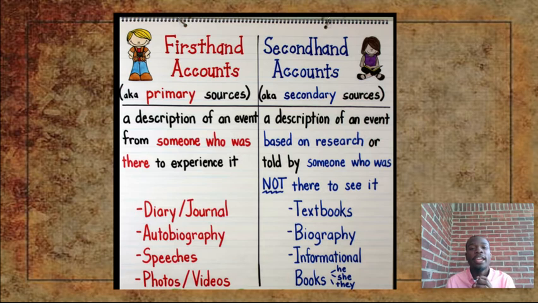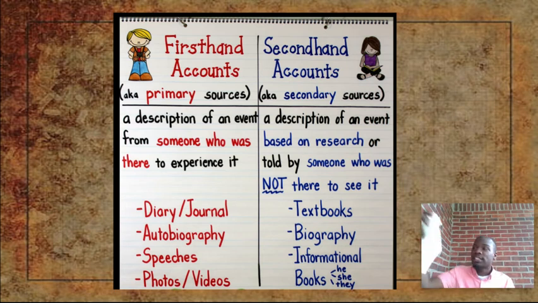Also, here's an anchor chart that could also help you know where first-hand and second-hand accounts come from. First-hand accounts come from diaries. When you're thinking about a diary and a journal, you are writing it. One person is writing their story in a journal or in a diary. Autobiography, when you're writing a story or you're telling about your life to someone, you are actually writing it, or whoever that is, they're actually writing it, they're experiencing it, and they're telling their story. A speech, someone is actually there telling a speech, someone who's there to experience it.